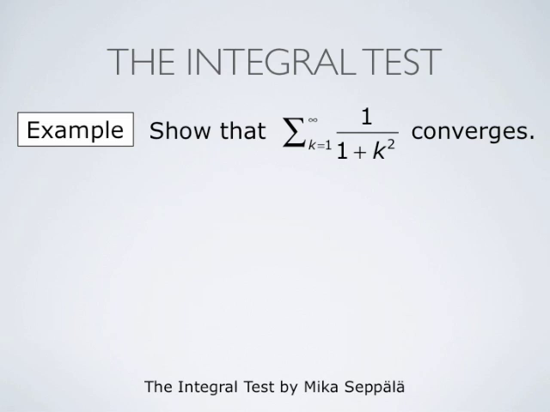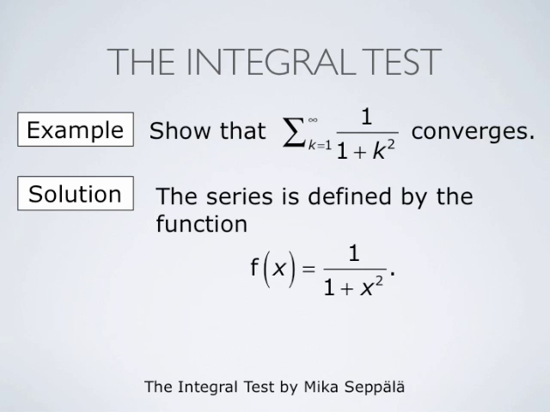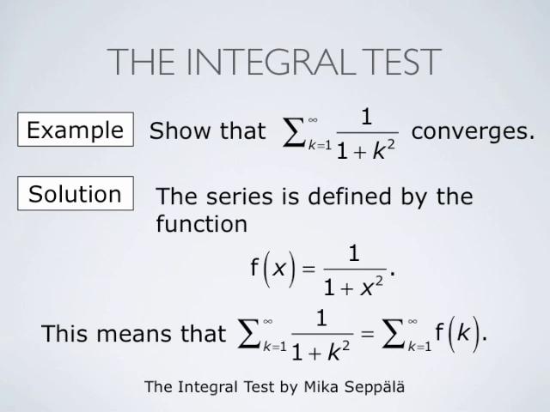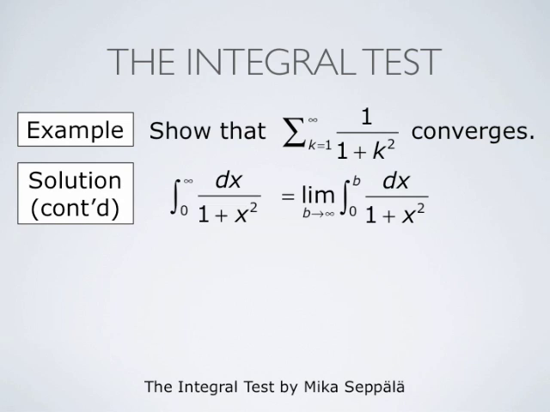As an example of the use of the integral test, we saw that the series summation k from 1 to infinity of 1 over 1 plus k squared converges. This series is defined by the function f of x equals 1 divided by 1 plus x squared, in the sense that the terms of this series are given by this function f. The function f is positive and decreasing for x positive. Therefore, we may use the integral test, and we observe that the improper integral from 0 to infinity